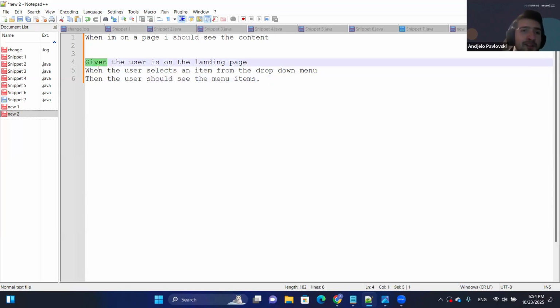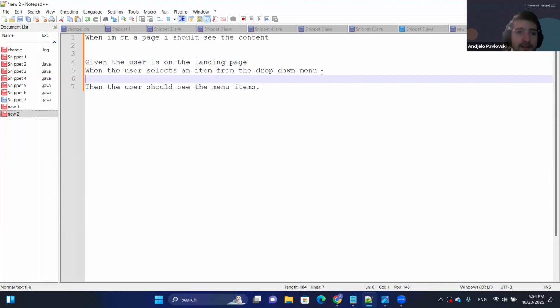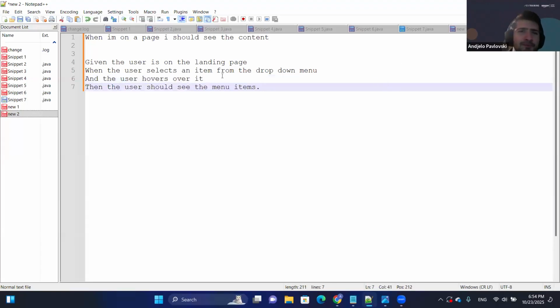You want to use given, when, and then to start off your steps. So all of the steps that you want to mention, you want to start with one of these, and as well, there's also the option to start with and. So we say when the user selects an item from the dropdown and the user hovers over it, let's say. This is not important to the scenario, but